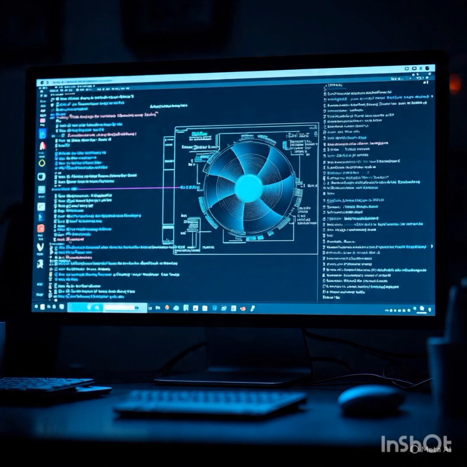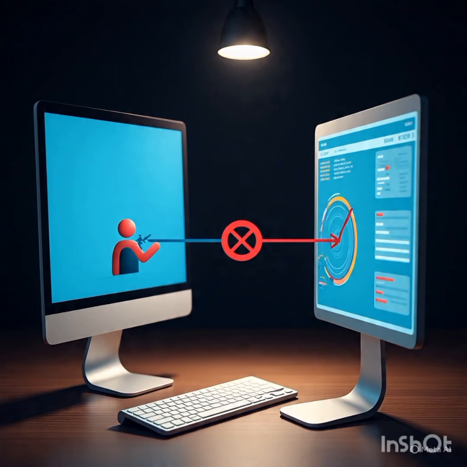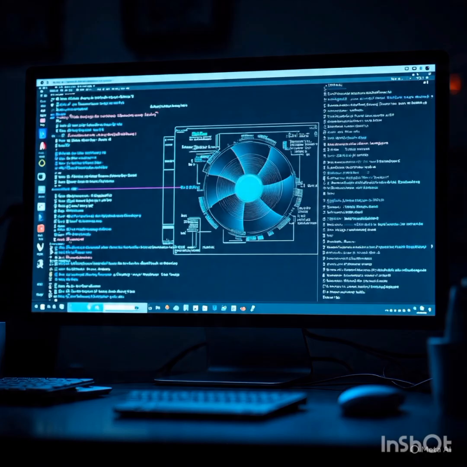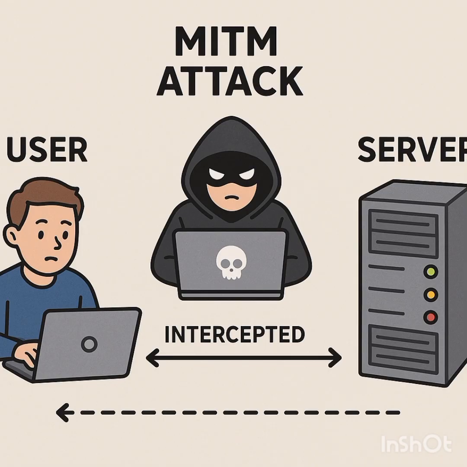Wow, okay, so what does this all mean? Taking a step back, we've covered a lot of ground. 15 different ways attackers operate in this digital city, from the sneaky stuff like MITM and phishing, to the overwhelming DDoS floods, resource theft like cryptojacking, and even those internal threats. It's quite a range. It really is.